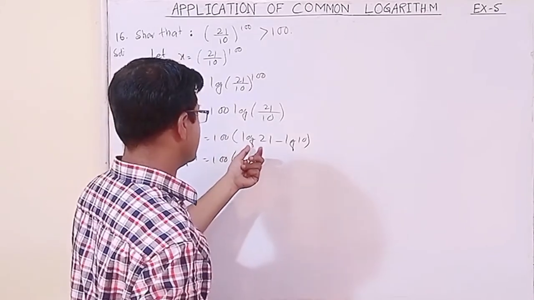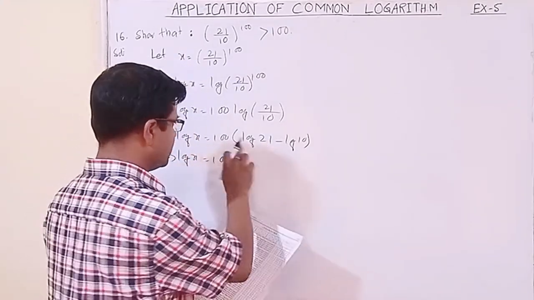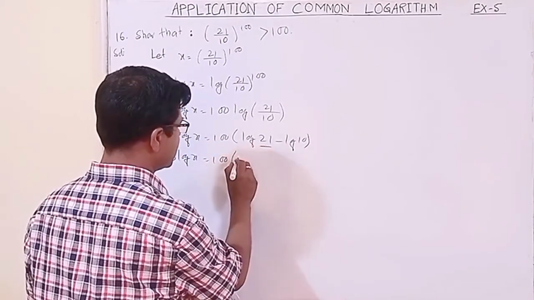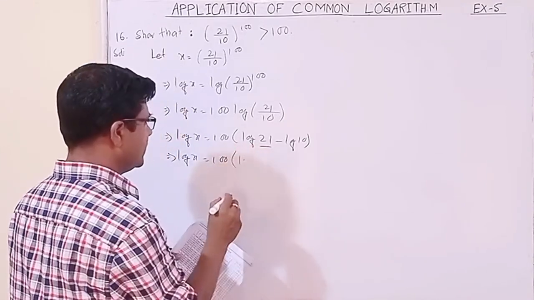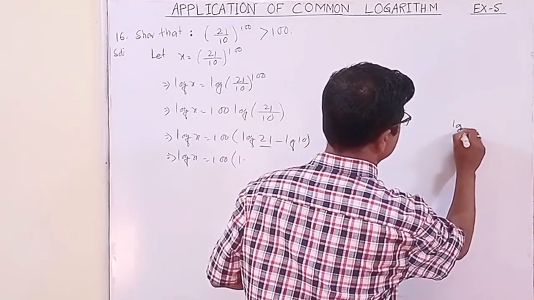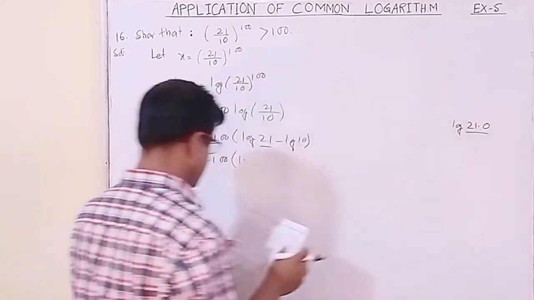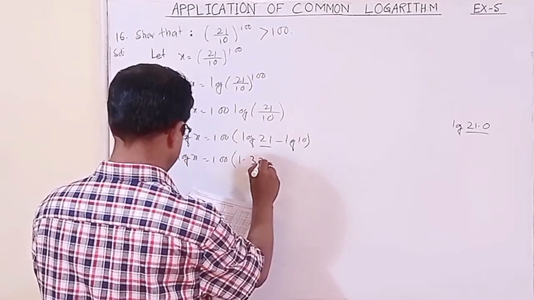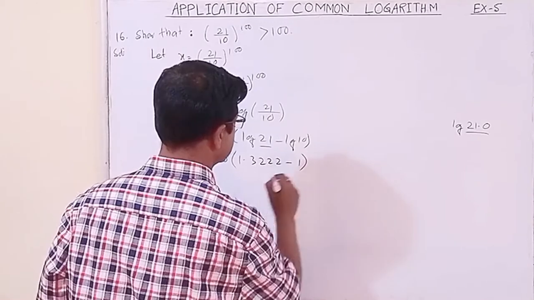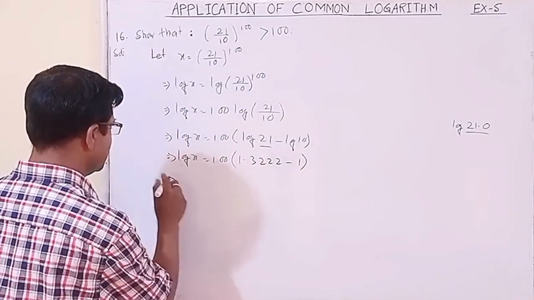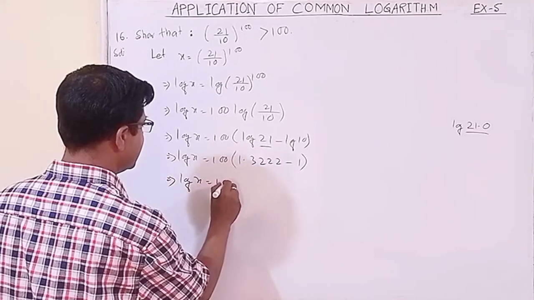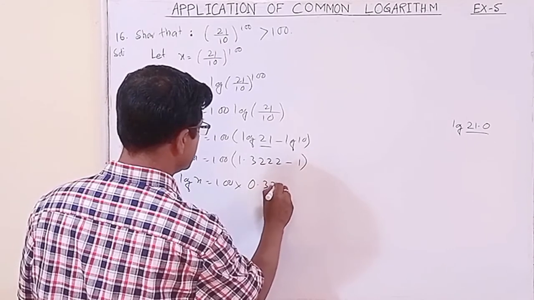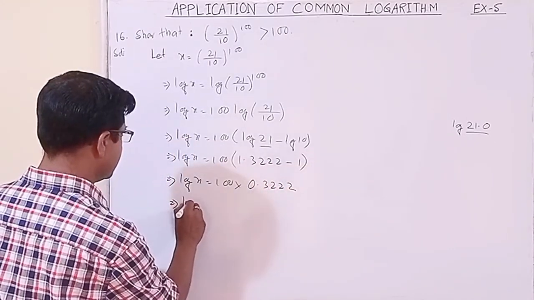Now please take the log table, we will substitute the values. Now dear students, we will substitute the values here. At first we have to write the characteristic, as there are 2 digits, so characteristic will be 2 minus 1, 1. Now how will we see log 21.0? In this way 21 will move to 21 and the 0th column, it is 1.3222, and log 10 everybody knows that it is 1. Okay, no need to see the table. Log of x is 100 into, if we subtract, we'll get 0.3222. All right, okay, this is fine.